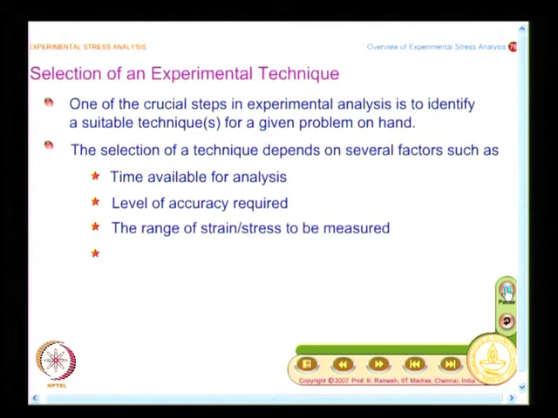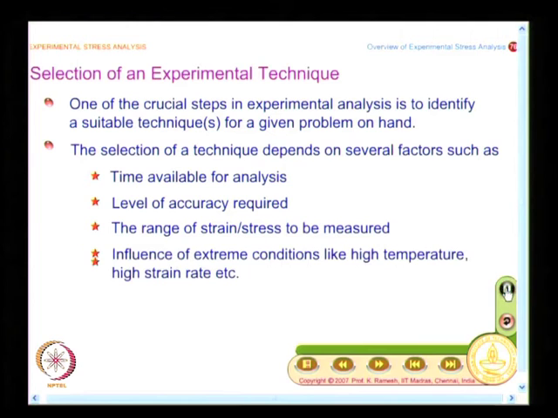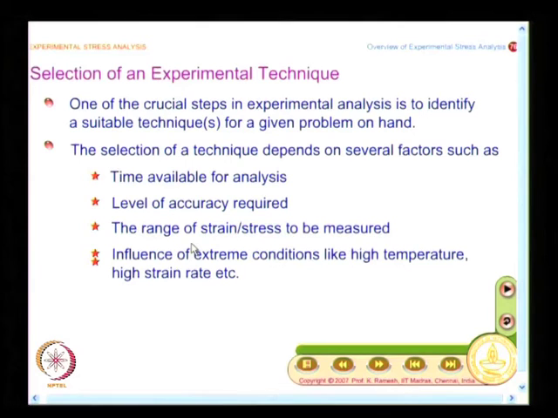Then the range of strain or stress to be measured, and in any measurement technique, range is very important, because that dictates the choice. Suppose I work on large deformation, then I will choose a technique of a particular kind. But on the other hand, if I have to look at small strain levels, then I will have to look for a different type of experimental technique. So, the range is very important,